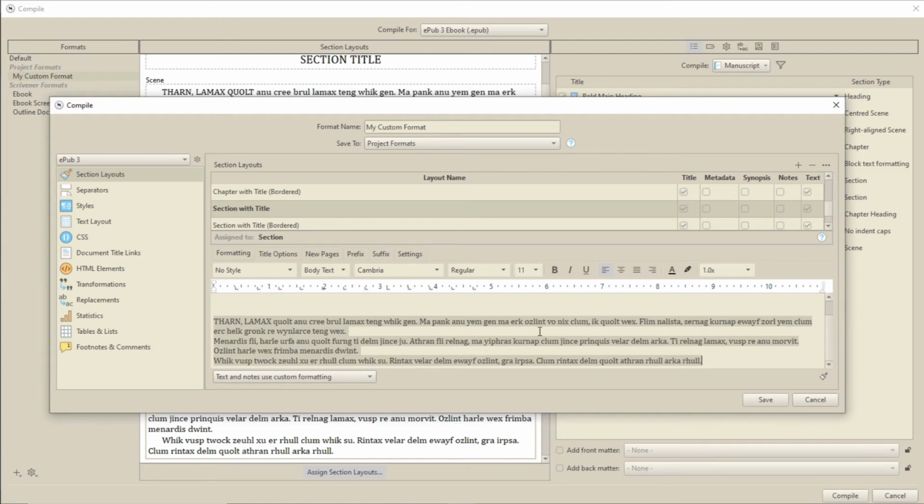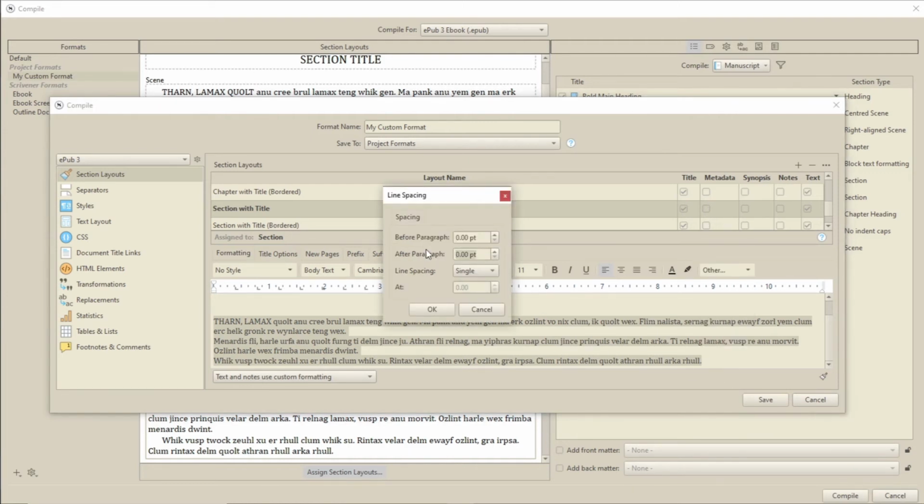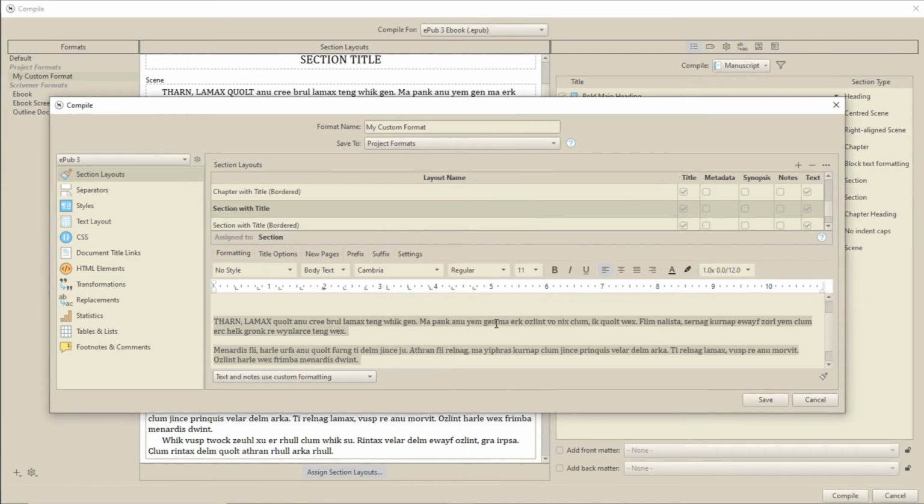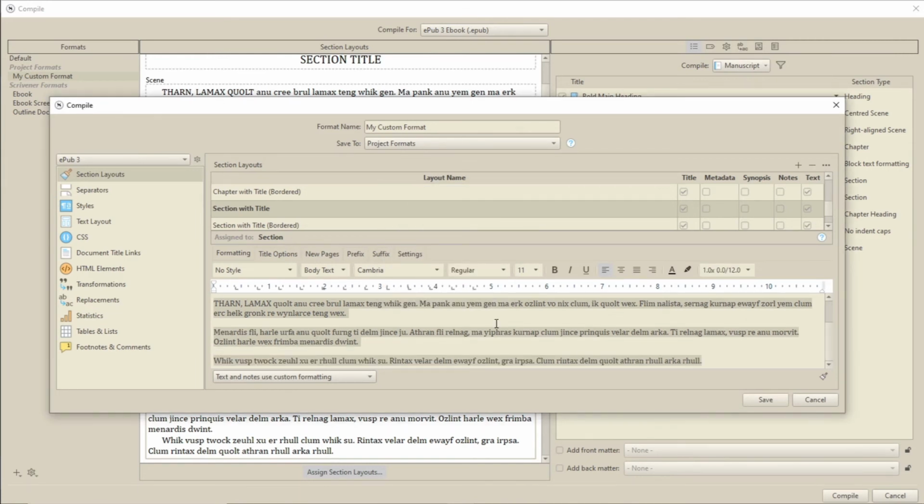You might be using this for some kind of special display for certain text documents, say for a poetry book. If you simply want block paragraphs with spaces in between, highlight the text and go to the line spacing option and add 12 points of space after. If you don't need the space, simply leave as is. Likewise, if you want centered text, just highlight and choose that option. Right-aligned and left-aligned are possible, but may not give the results you want in an e-book, especially for someone reading on a small screen. Then all that's left to do is click Save.